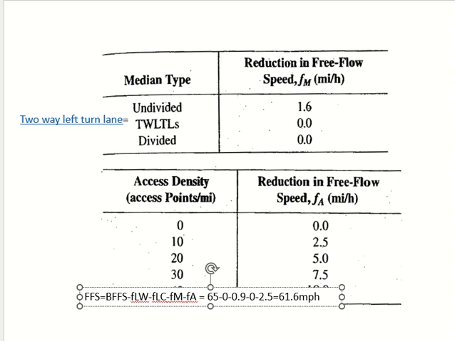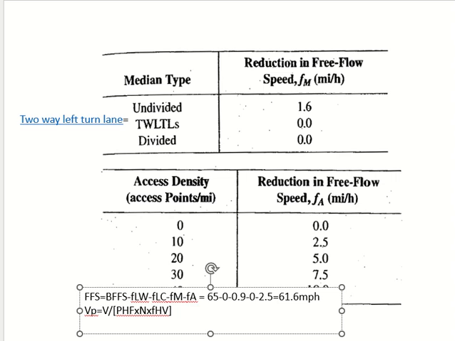Okay. The next thing we find is VP. Okay, we are following the same procedure which I mentioned earlier. We are going to find out VP. For VP, V upon peak hour factor, number of lanes, and FHV. Okay, FHV equals 1 divided by 1 plus